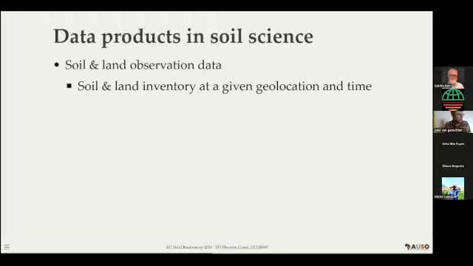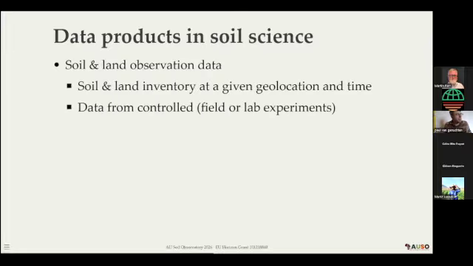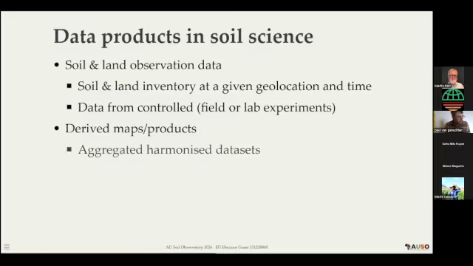So here they are. We have soil and land inventory at given geolocations and time, and we have data from lab or field experiments. Then we have another segment of products, which are more derived maps and products based on those soil data. We have aggregated harmonized data sets, which are derived products from the original sources.